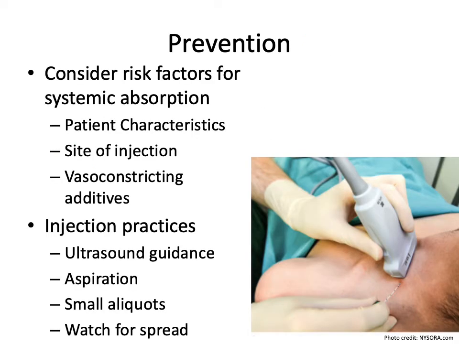The first step in preventing LAST is to carefully plan administration of local anesthetic. Plan your dose, taking into account patient weight and characteristics that might make them more prone to toxicity, the vascularity of the site of planned injection, the specific local anesthetic agent, and whether you will use any vasoconstricting additives. Consider making your planned dose of local anesthetic part of the procedural timeout before performing a block.